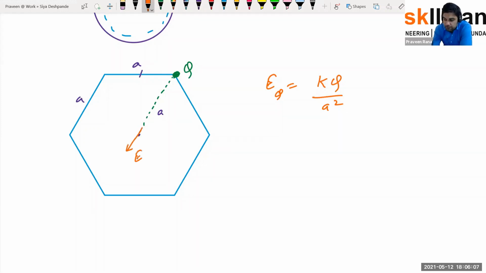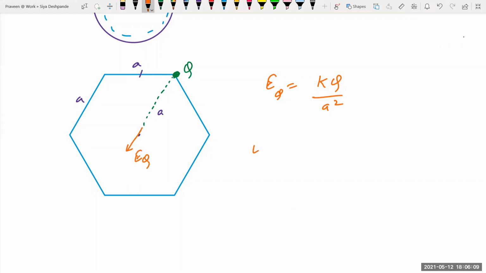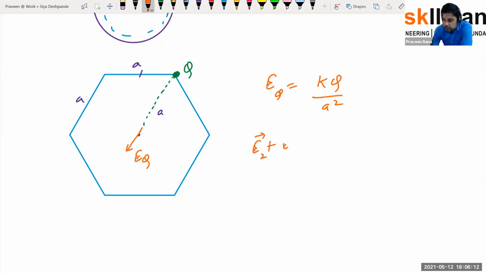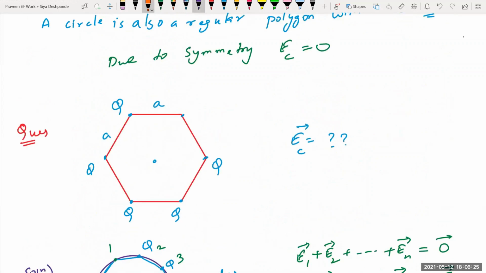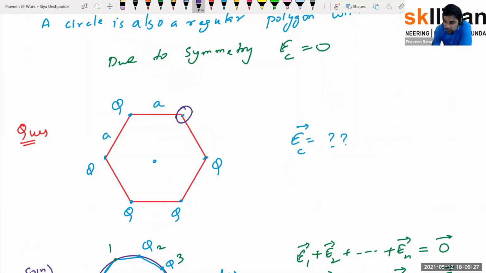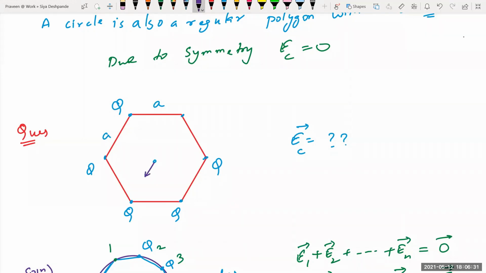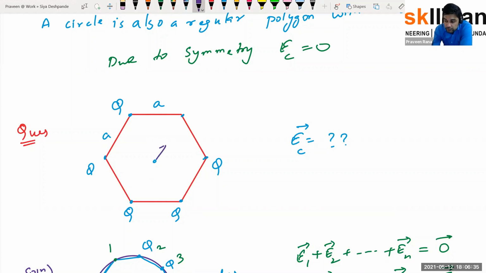Now, we know that the electric field due to all other charges, no matter how many they are, would be equal and opposite to this electric field. So if there was a charge here, the electric field would be in this direction. So the electric field due to all of these charges would be in this direction,